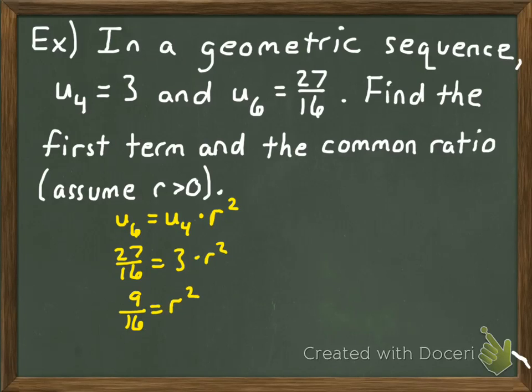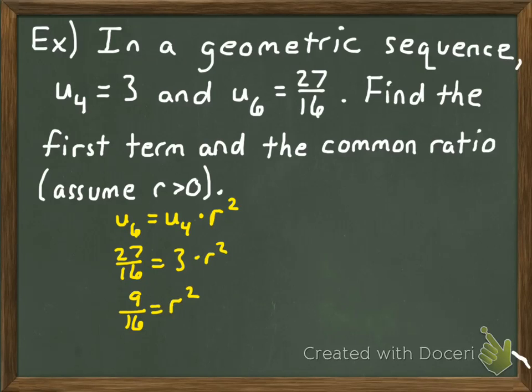And here's an interesting thing for geometric sequences. This couldn't happen with arithmetic sequences. With geometric sequences, you can sometimes have two different common ratios, a positive or negative common ratio, with any pair of terms that you're given. In this case, you see how if r squared is equal to 9/16, that r could either be positive 3/4